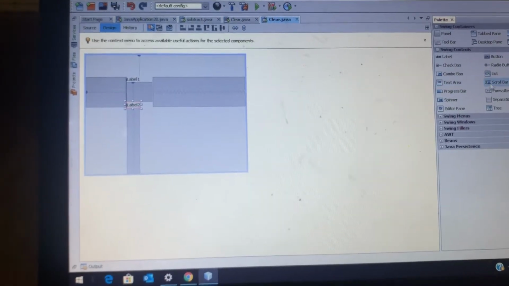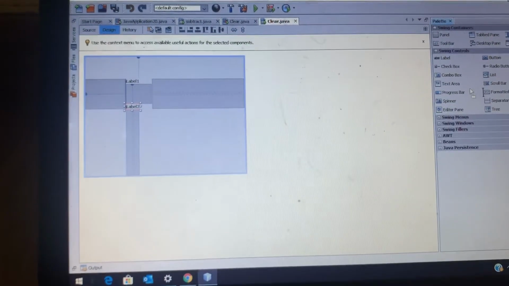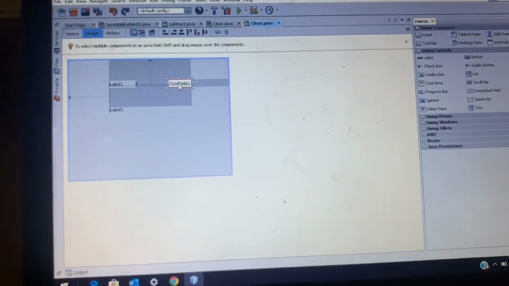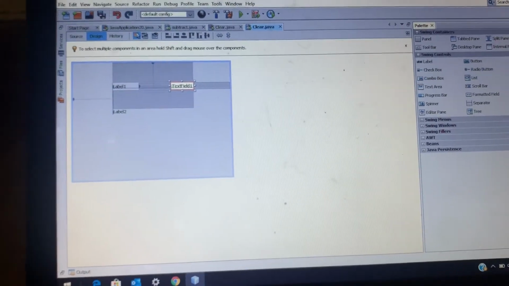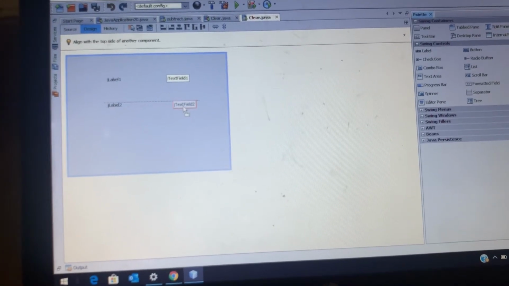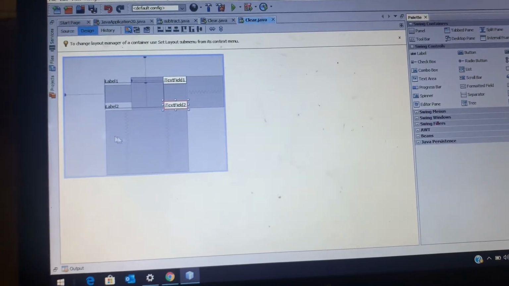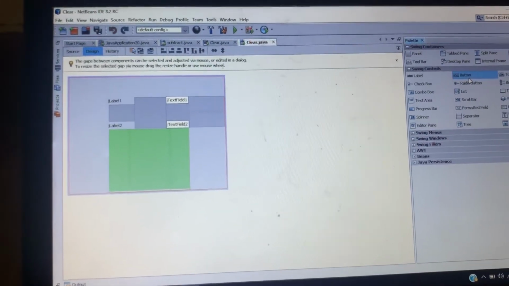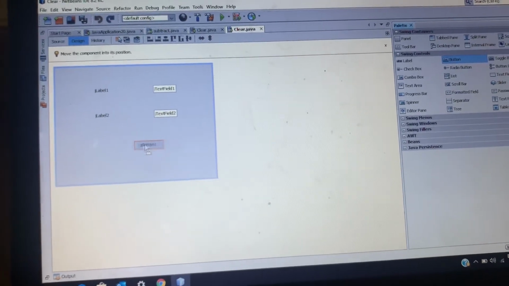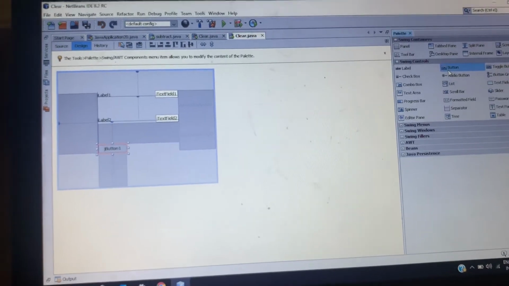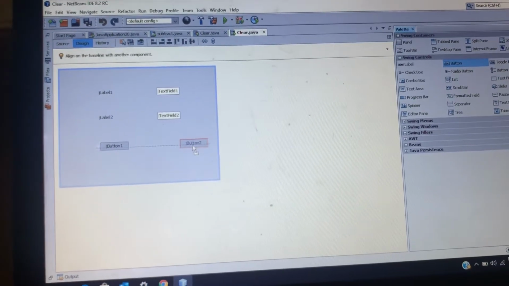So this is my text field, and this is the second text field. And I am taking two buttons over here. The first button is for clear and the second button is for exit. So I am taking two buttons.